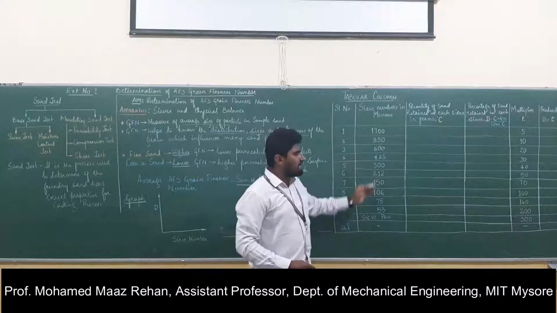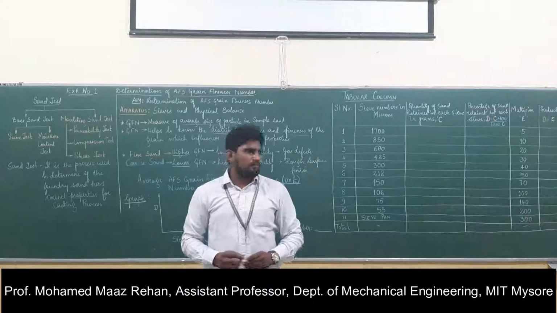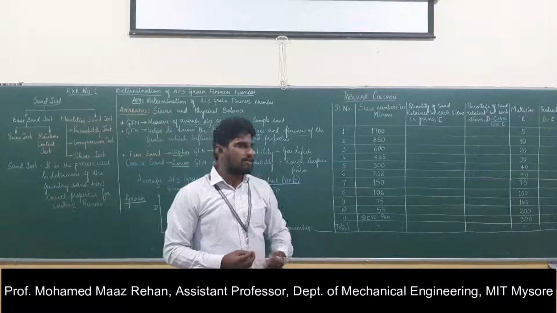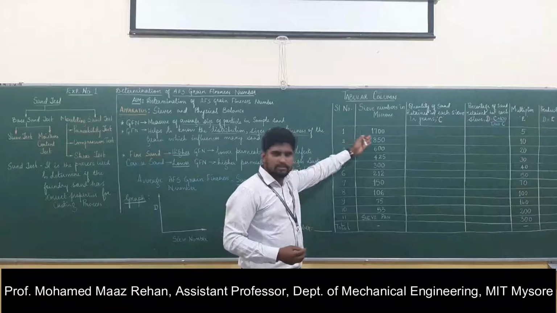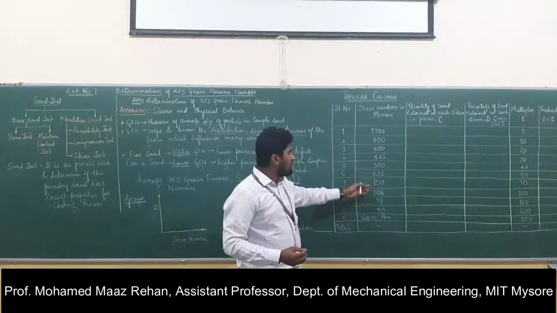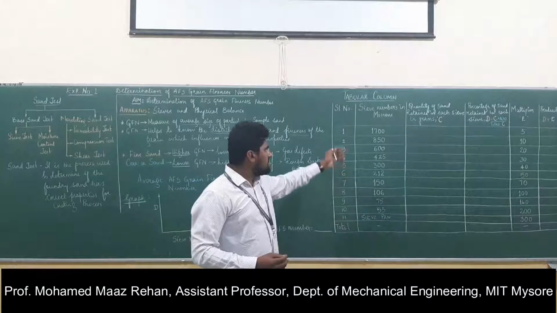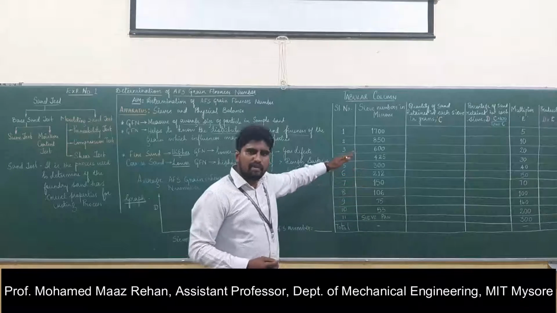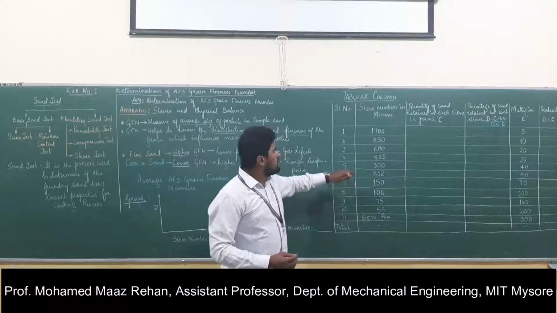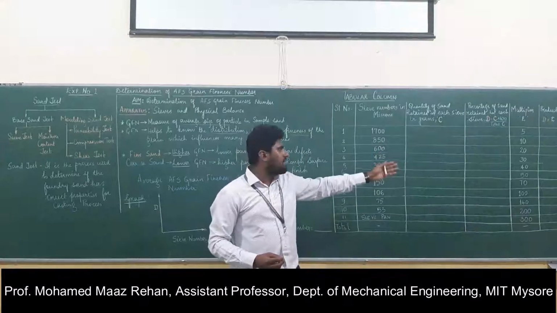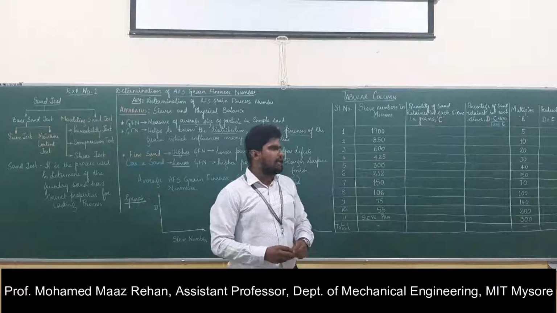Basically here we are going to take a sample, say 150 grams, and pour it on the top sieve. After that we are going to set a timer. This sand gets settled in different sieves. We need to measure the quantity as well as the percentage of sand that is retained in each sieve. How to find out?